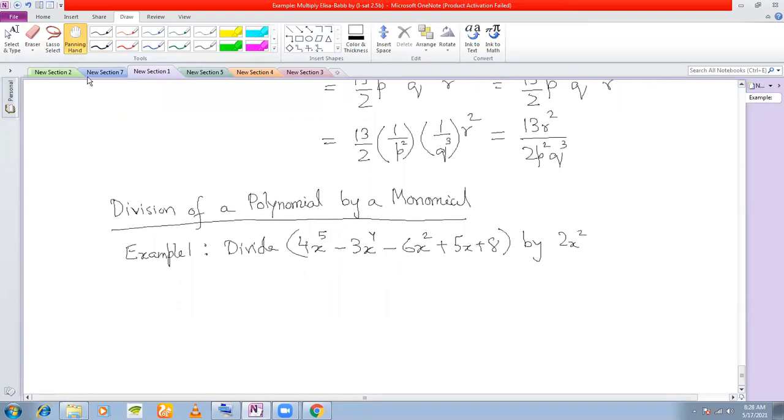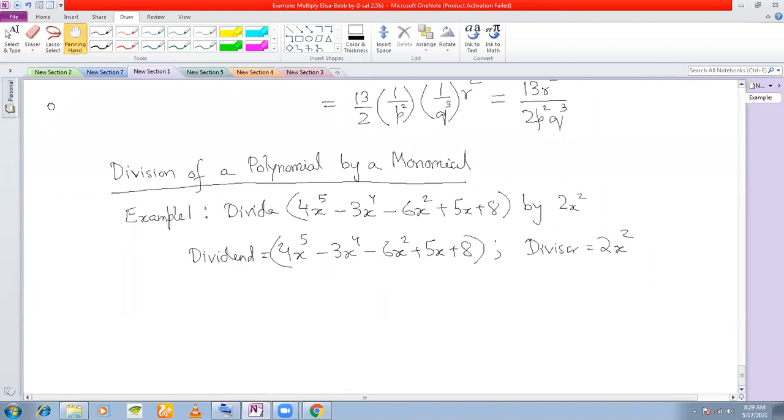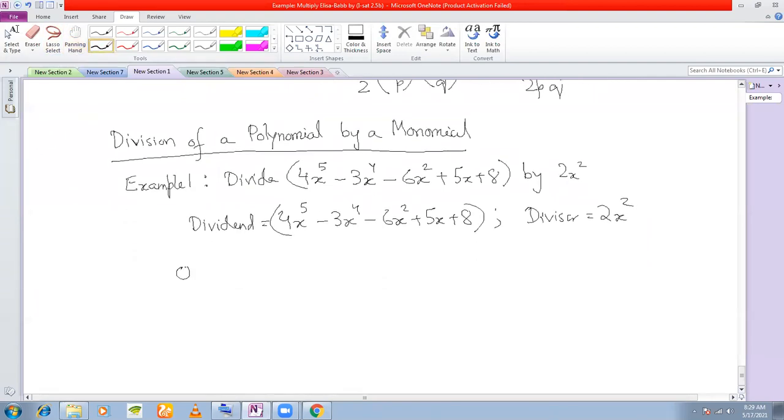Okay, so the dividend here is 4x to the power of 5 minus 3x to the power of 4 minus 6x square plus 5x plus 8. And what is your divisor? Divisor is simply a monomial, 2x square. So the quotient here is